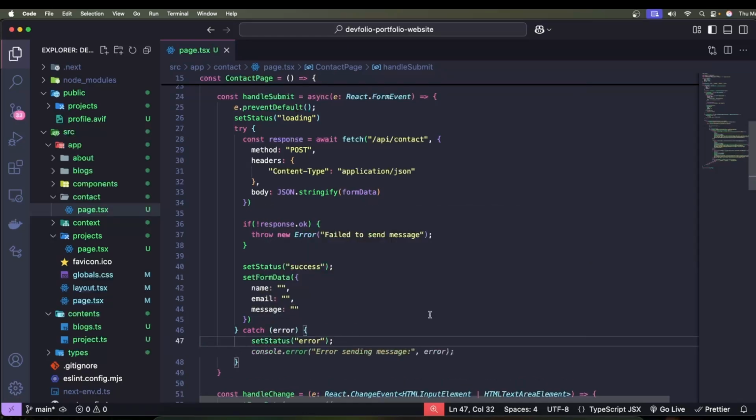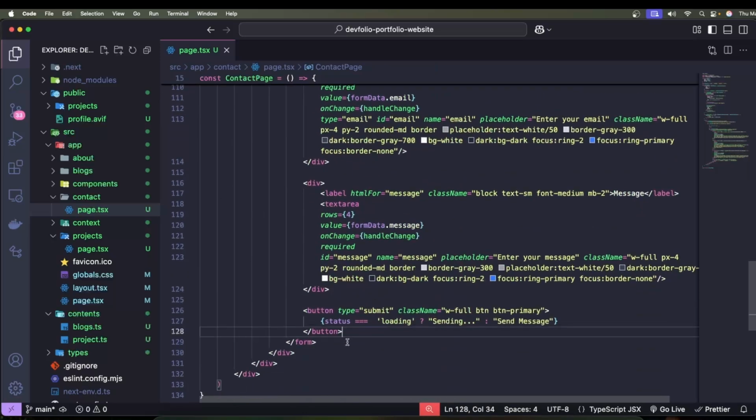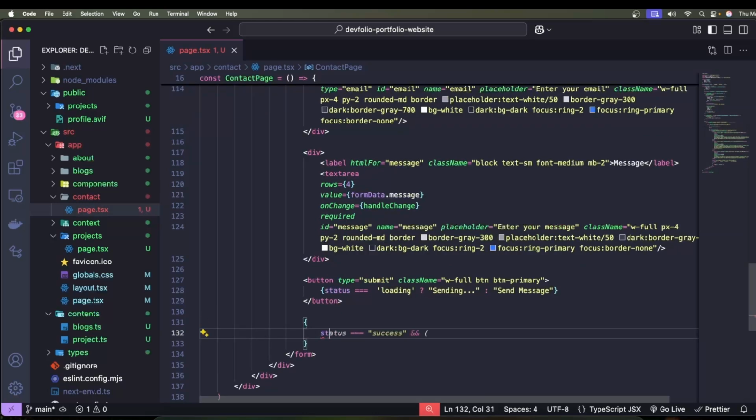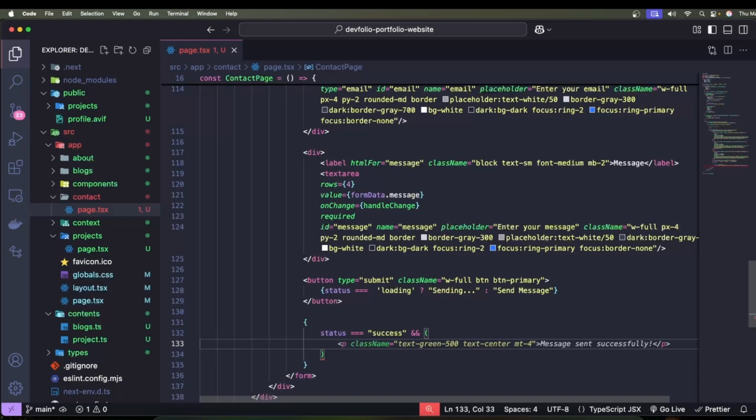Okay, so we have already successfully done. And finally, lastly, what we have to do is show the error status. So after having this button, we can simply define curly braces, if status equals success, and we define a double ampersand to define an and condition, and we'll have